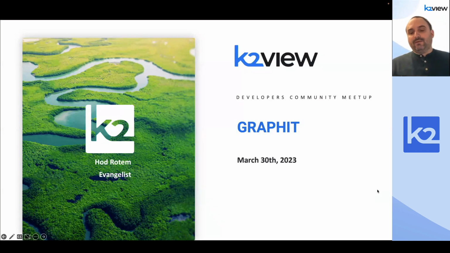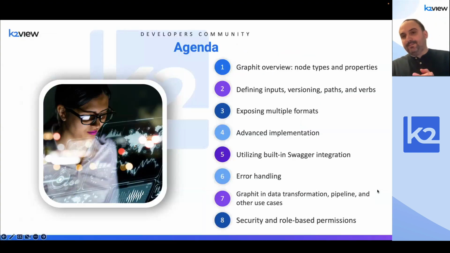Now, we have a lot on our agenda today. If you're new to these developer community meetings, these are designed to be open discussions. You might even notice that you can unmute yourself or share video. We encourage people to participate and to ask questions. I will not go through the items in the agenda now. It will be much more beneficial to actually see it in action, but again, a fairly large